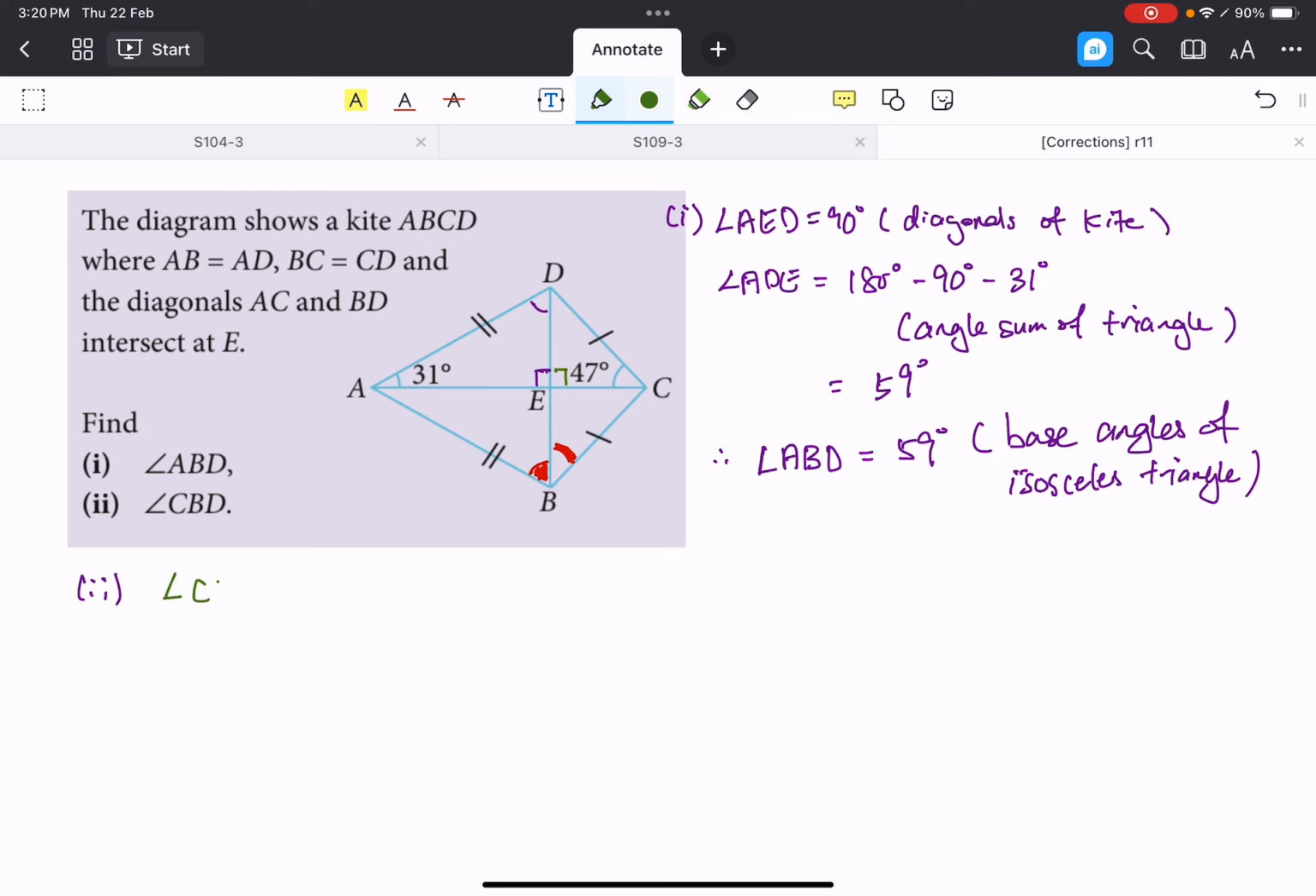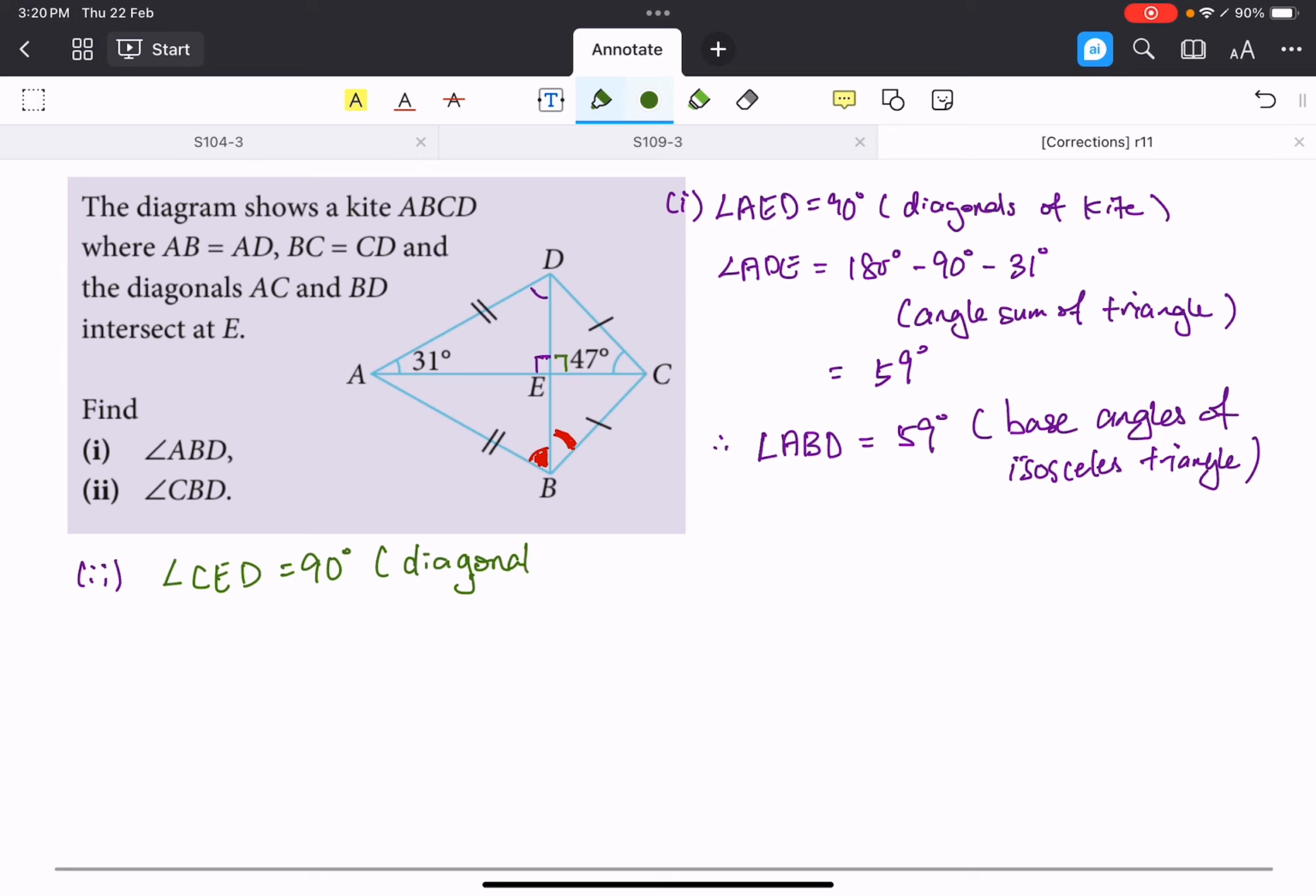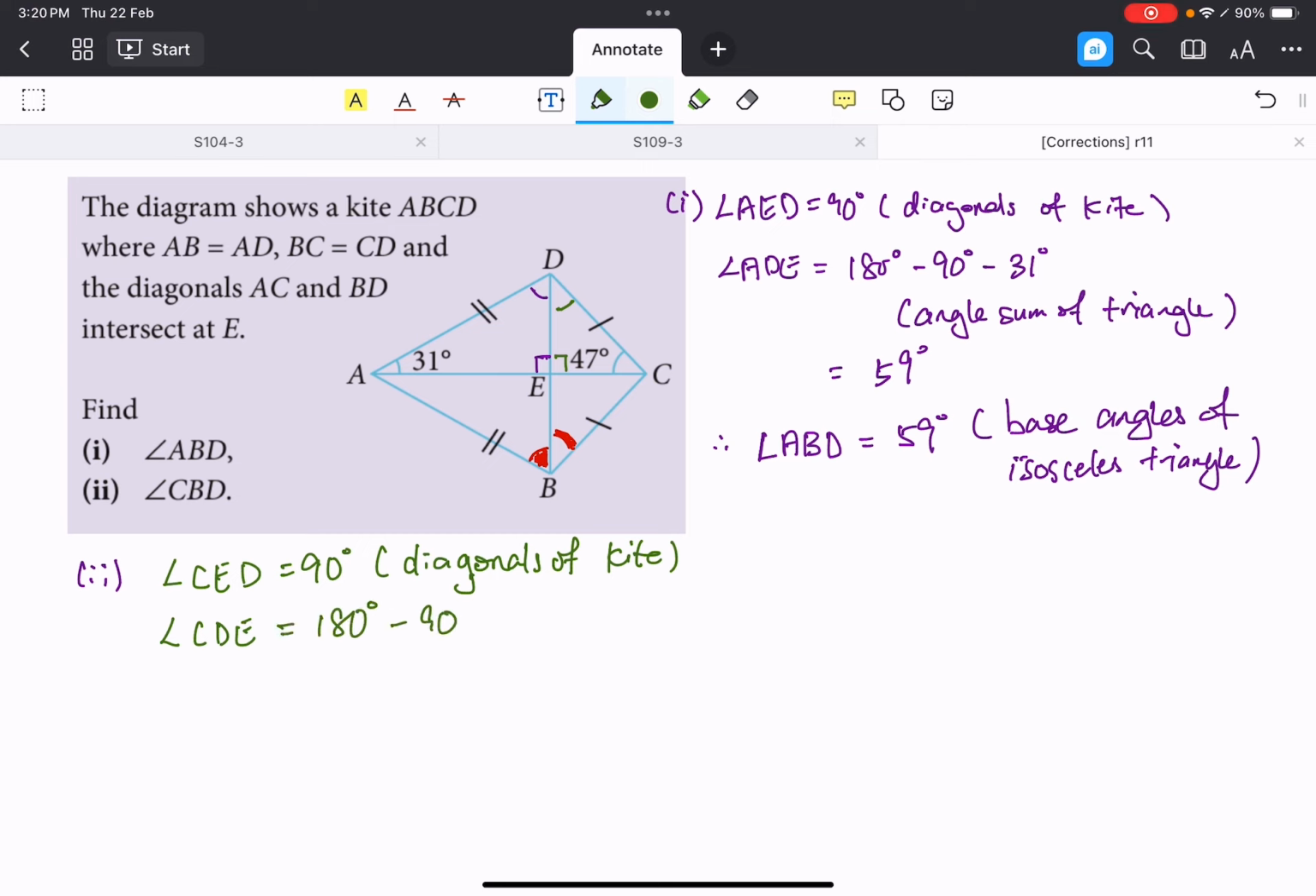Angle CED is 90 degrees. Again, the reason is because diagonals of kite. And that means that this angle over here, angle CDE, is equal to 180 degrees minus 90 degrees minus 47 degrees. The reason: angle sum of triangle. And that works out to be